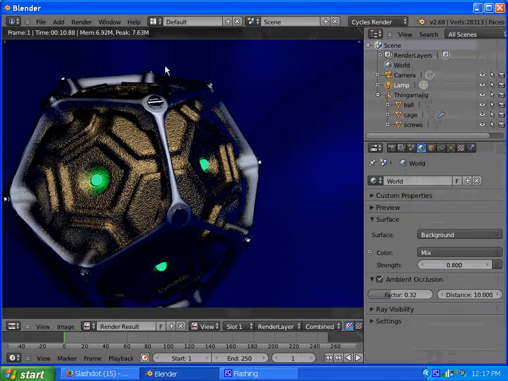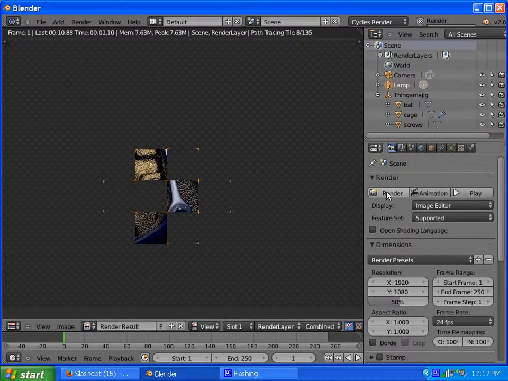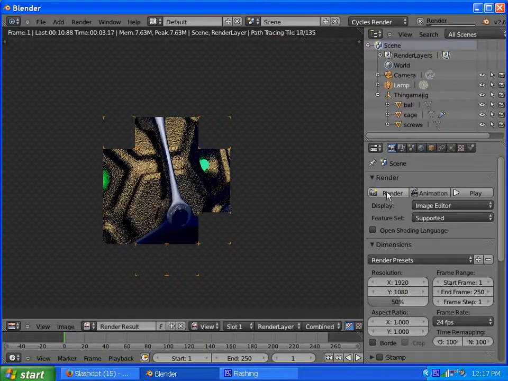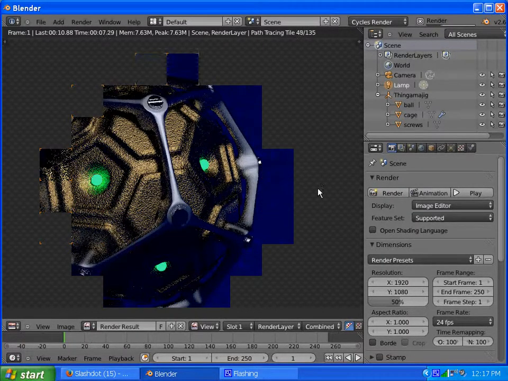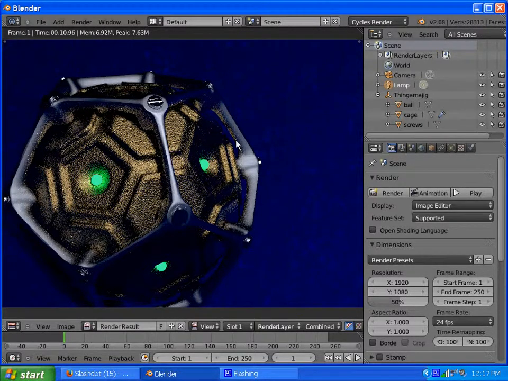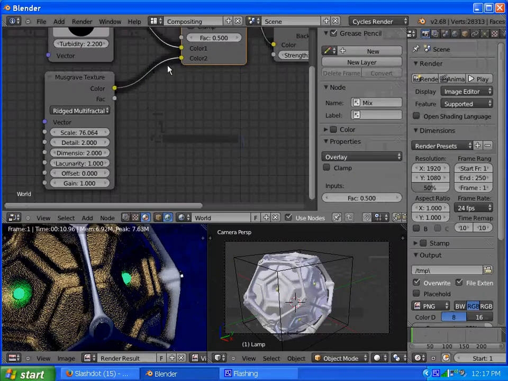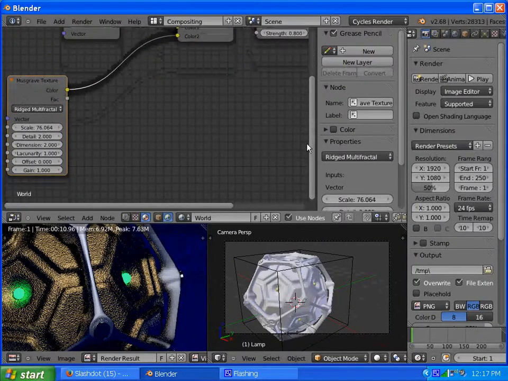Let's go back to default. Ridge multifractal gives you these little spots here, which is kind of neat. Because what we will do is go back to compositing. I like those little spots because